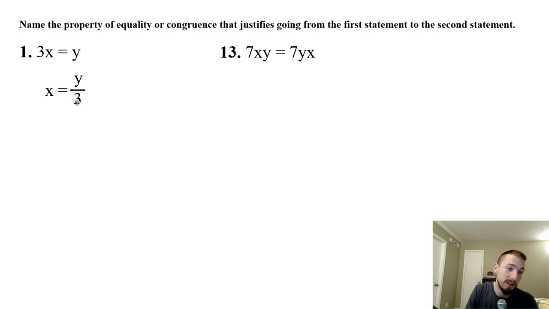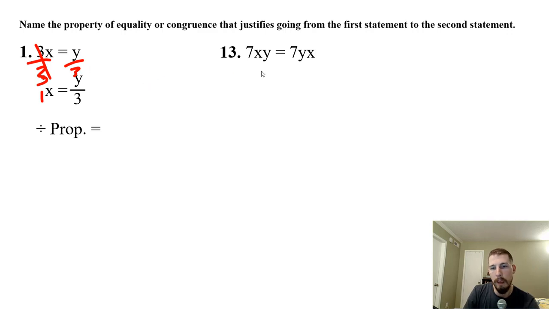But anyway, it looks like our 3 is now divided on both sides. So we divided both sides by 3. So this would be the division property of equality. Whatever I do to one side, if I divide one side by 3, I have to do the same thing on the other side as well. The 3's divided out to 1, and then we were left with y over 3 on